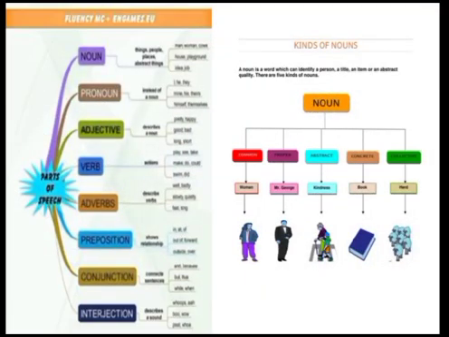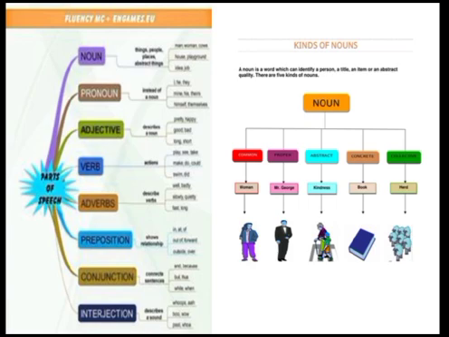So you draw the tree diagrams to show the different types, and the main idea or the central idea lies in the topic, that is noun. You are going to tell types of nouns. So the central idea is noun. Suppose if you are telling about parts of speech, then the parts of speech is your central idea, the main idea. This way you can show many types of tree diagrams, not only in English and history but in all the subjects. Or in your day-to-day course.